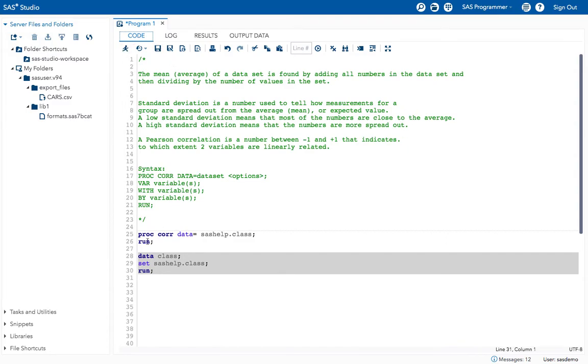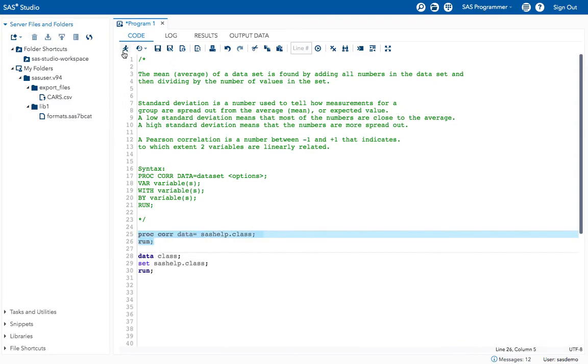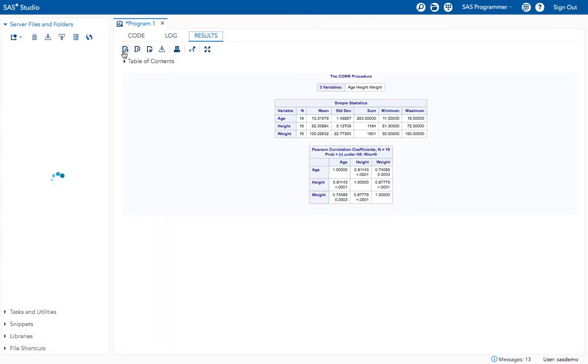Now look at our standard deviation. See what it is showing us. What is the average mean here? 13.31. That doesn't mean that all the age values are 13, it's just the mean, and the standard deviation is how much deviation is happening from this mean value to the other age values. That is standard deviation.